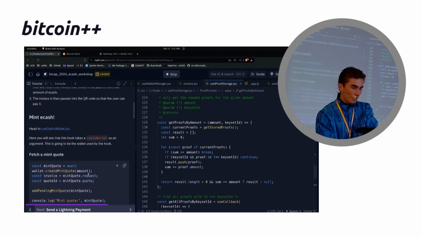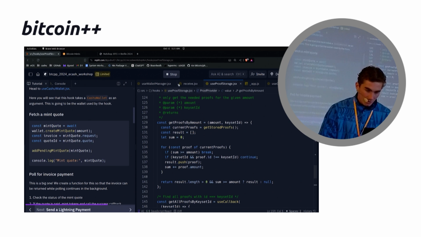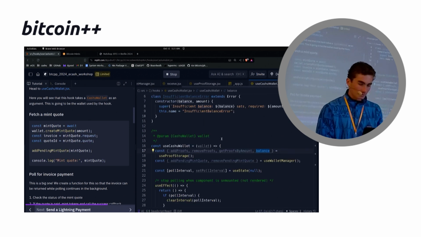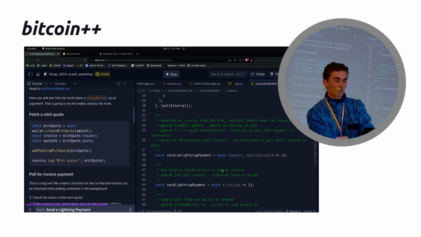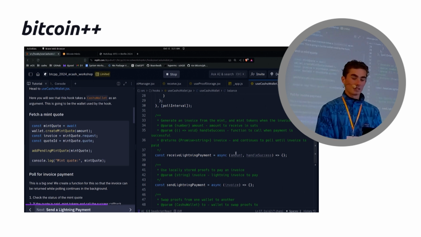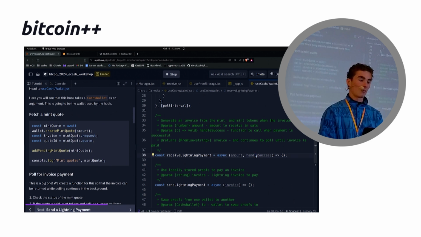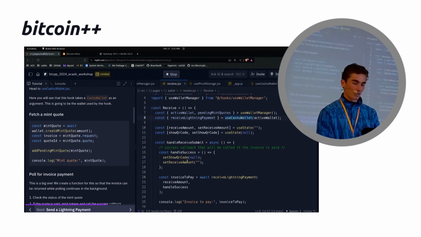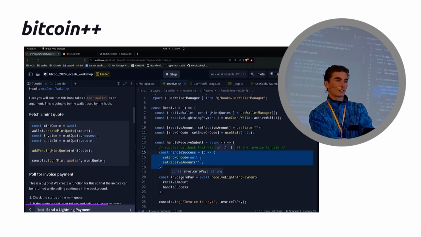So yeah, let's mint some ecash. We're going to do that in use cashu wallet, and we need to implement receive lightning payment. Receive lightning payment is going to accept an amount and then a handle success callback. You can see in receive here that all we do once the payment is successful